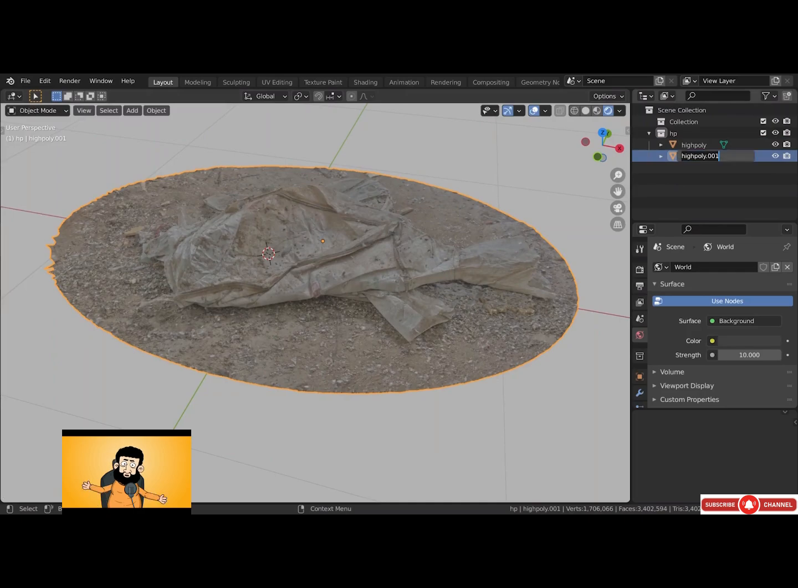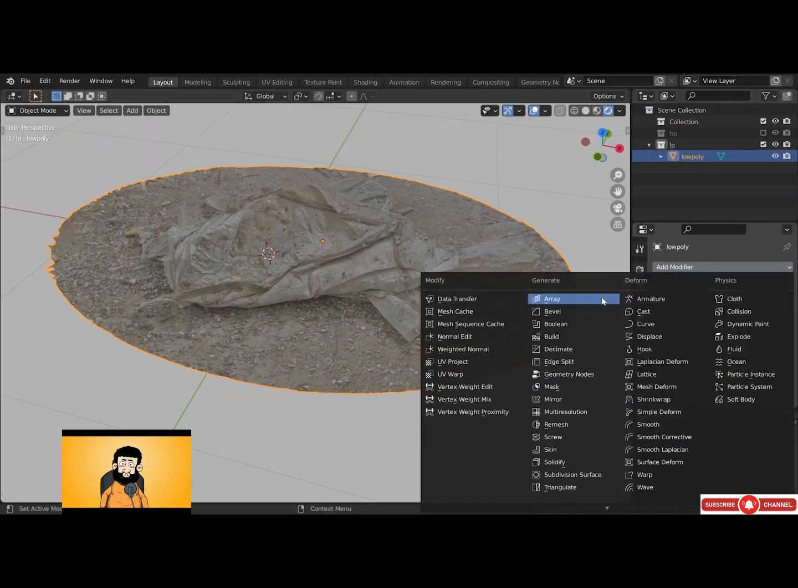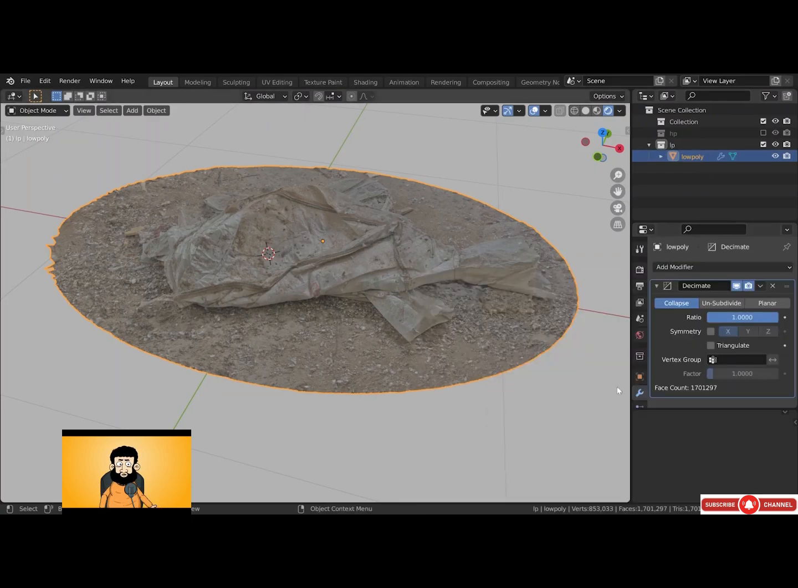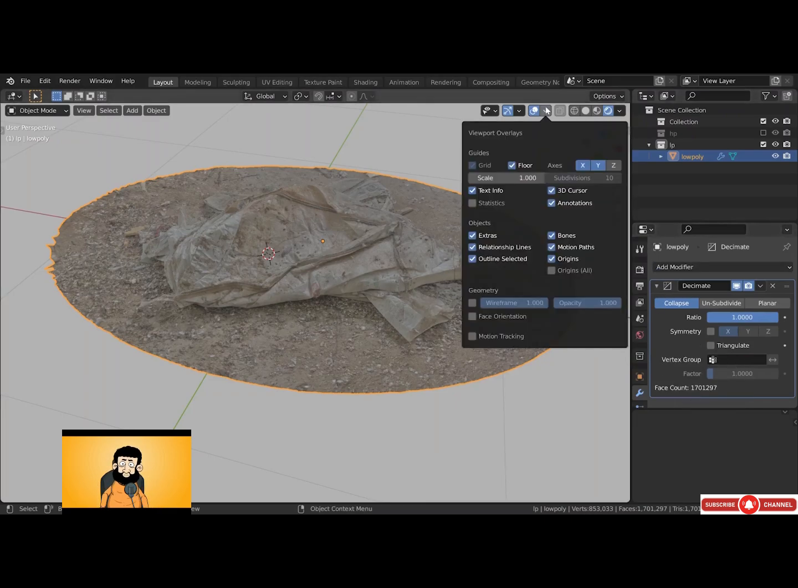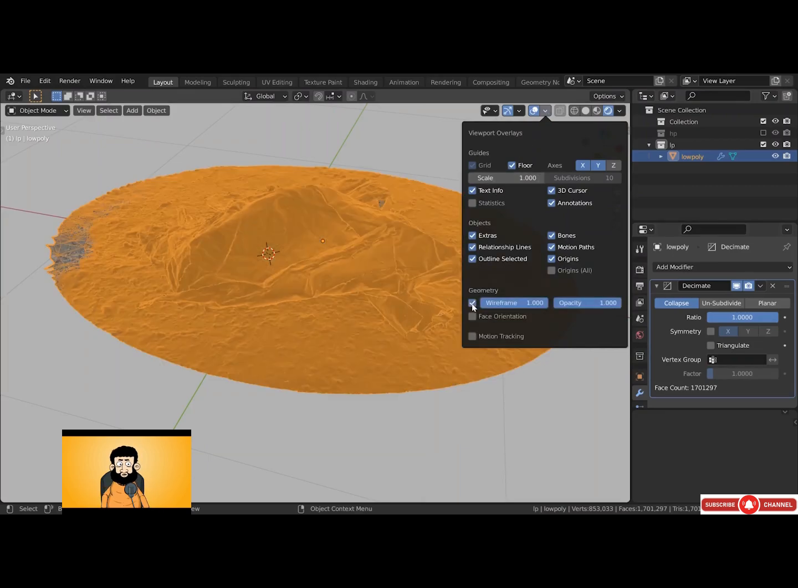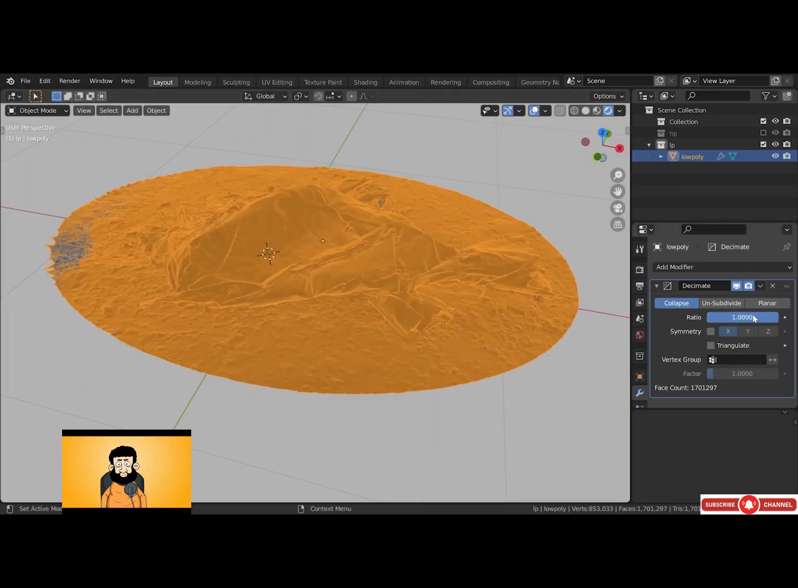I'm renaming this object to low poly and putting it into its own collection called LP. Probably the easiest way to turn the high poly version into its low poly counterpart is to utilize the decimate modifier. If you have a look at the modifier settings, you will see the face count displayed at the bottom. Right now it reads 1,700,000 polys. If we enable the wireframe, we'll have a better look at how we crunch down the poly count. So the ratio of 0.1 reduces the poly count by the factor of 10, obviously,